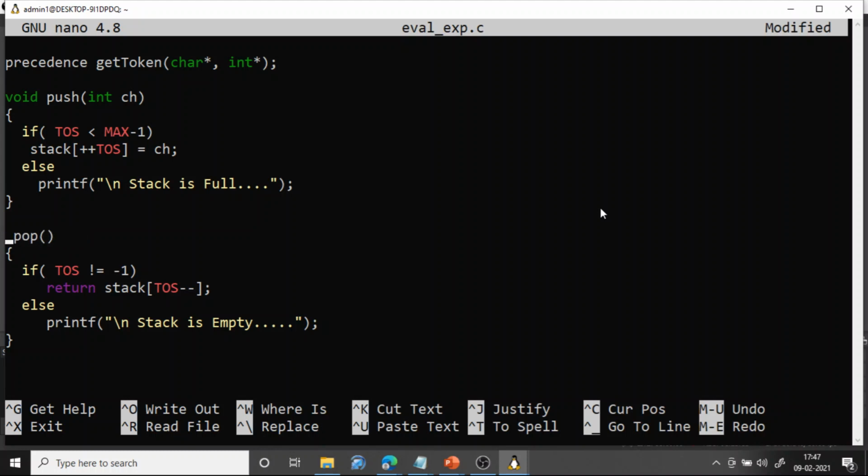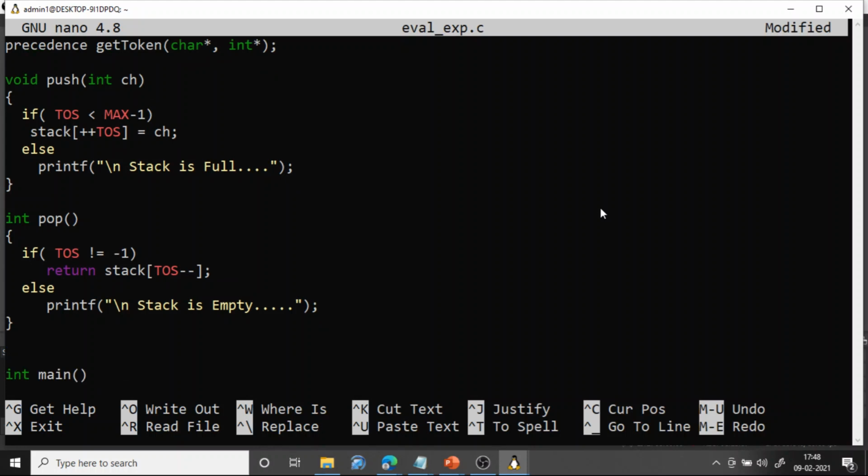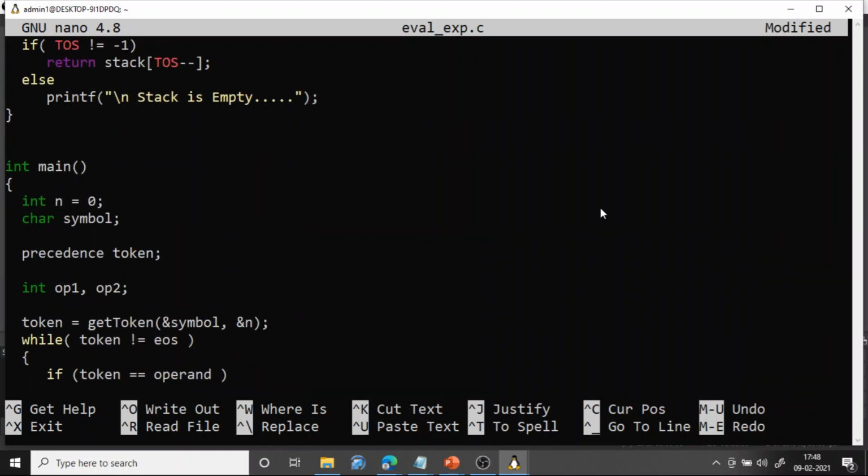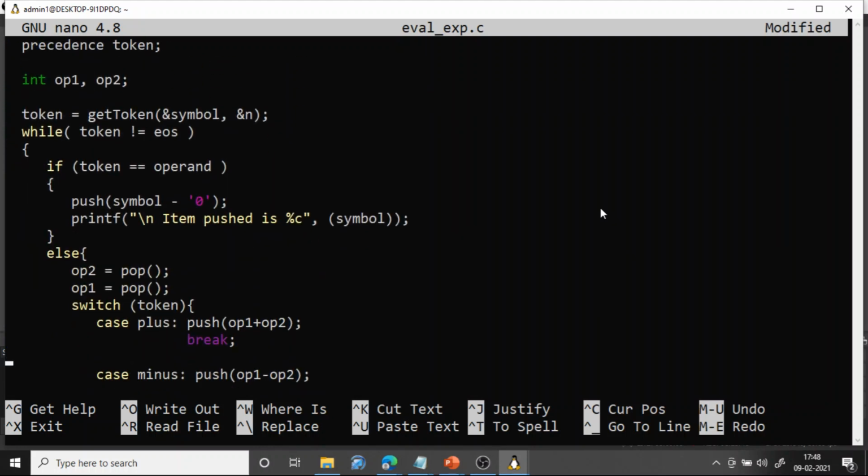Okay, so before pushing we are checking whether top of stack is less than max minus 1. If top of stack is equal to max minus 1, it means stack is full. You cannot push. If it is less than max minus 1, then we are incrementing top of stack and we are pushing, otherwise we are saying stack is full. Before popping, we are checking whether top of stack is equal to -1 or not. If it is not -1, we are popping, otherwise we are not popping. Okay, so that is what it does.